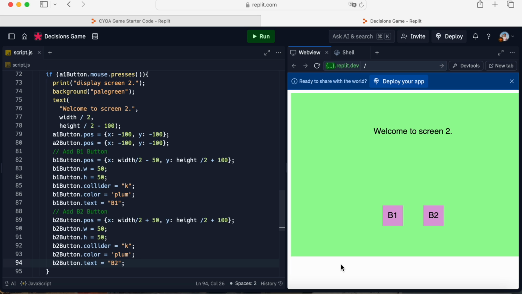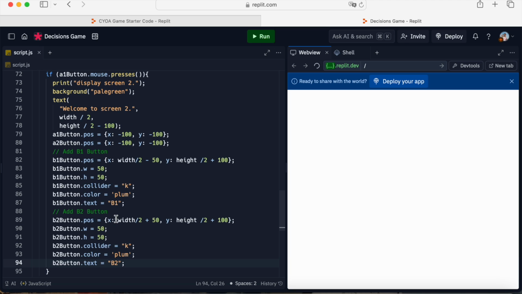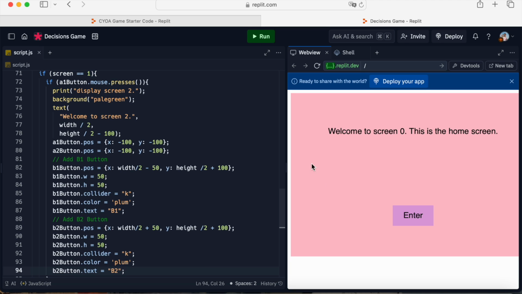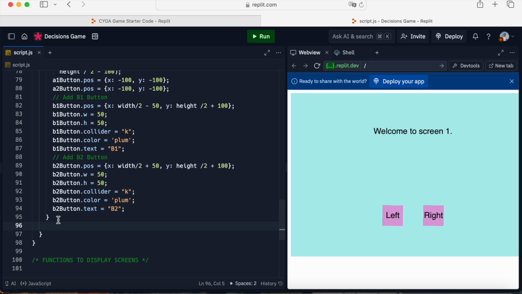Okay, so in the previous episode, we have made a few screens, but now we're going to continue on. So this was if the A1 button was pressed, which is this button right here. But what if the A2 button is pressed? Well, we haven't coded that yet, so right now when we click it, you can't really click it. So right here is if the A1 button is pressed, and this is under screen 1, which is right here. Otherwise, so let's say else if